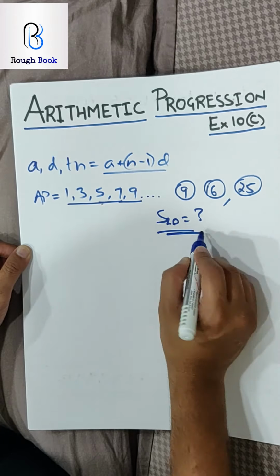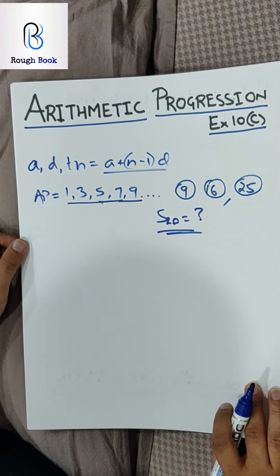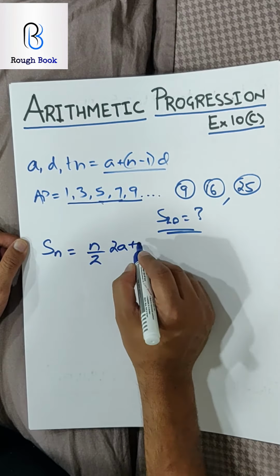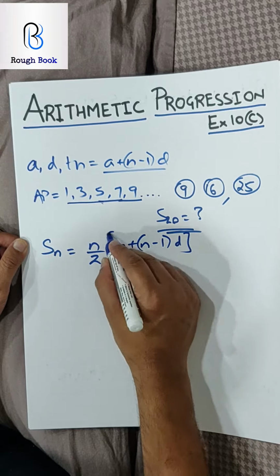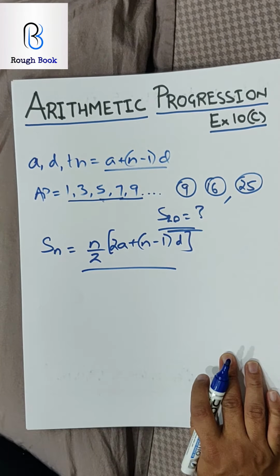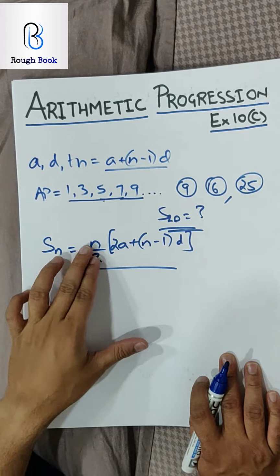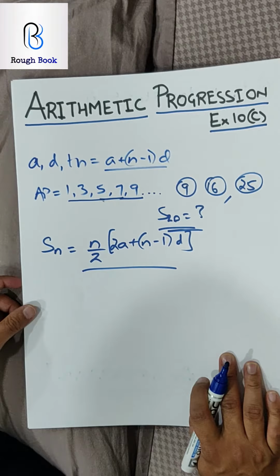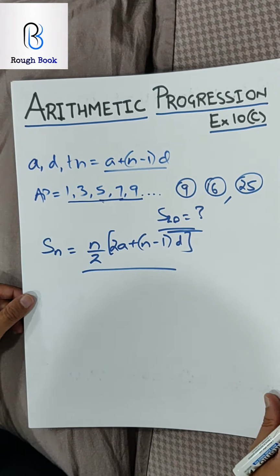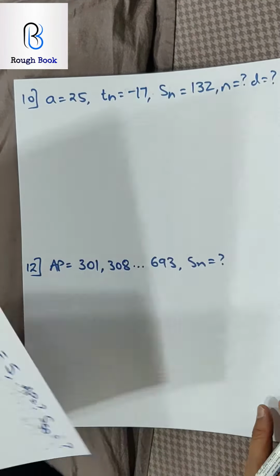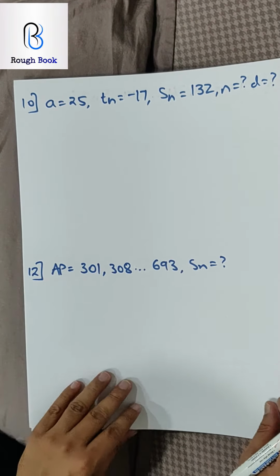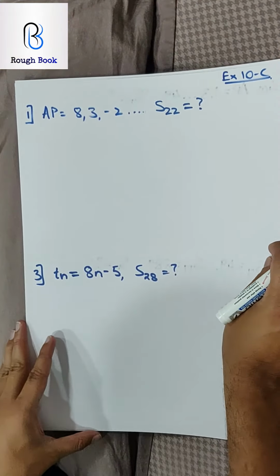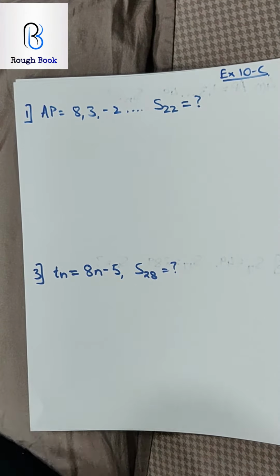So for the sum of first 20 terms, it is difficult to do mentally. So we use the formula Sn equals n by 2, 2a plus n minus 1 into d in the bracket. That's the formula we are going to use for Sn. Once again, Sn is equal to n by 2, 2a plus n minus 1 into d. Please try and work on this formula. Remember this formula because exercise 10C is basically based on this particular formula. I want everyone to try sum number 1. Read the question, see what you understand, try and go ahead.